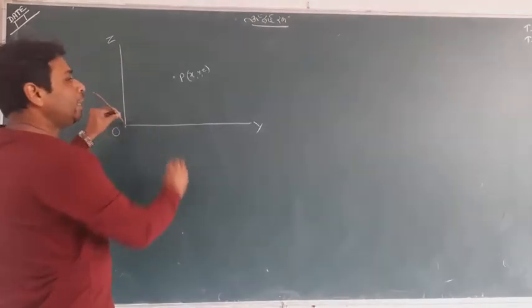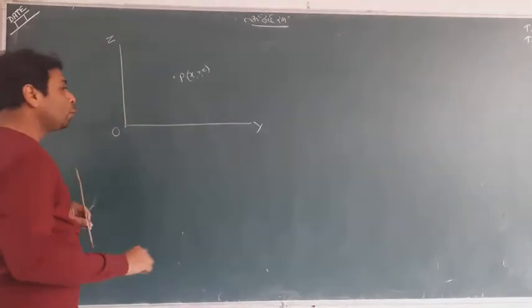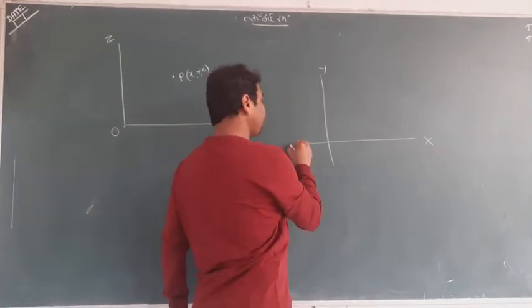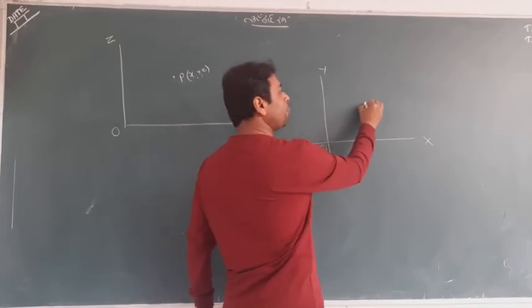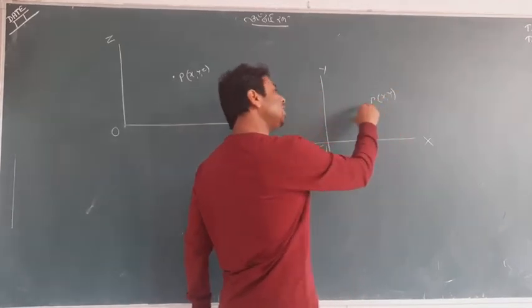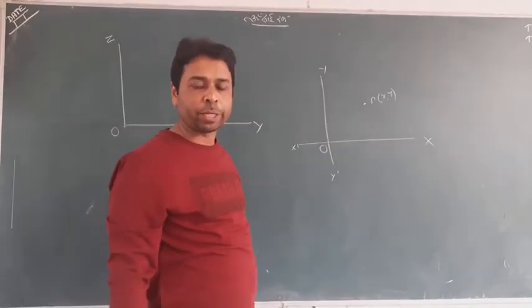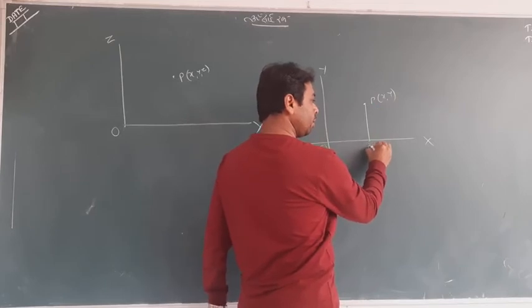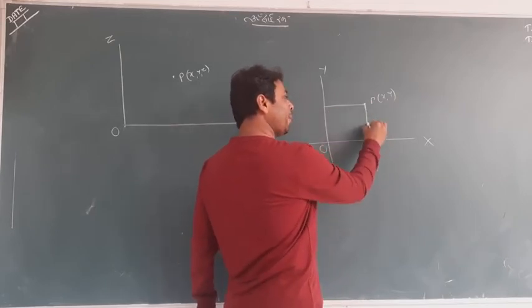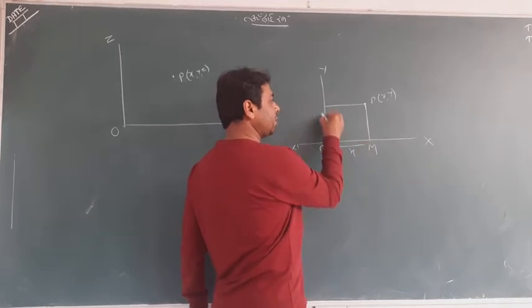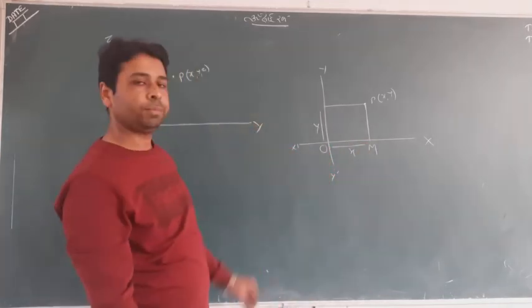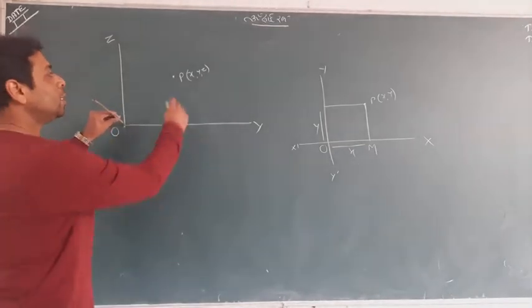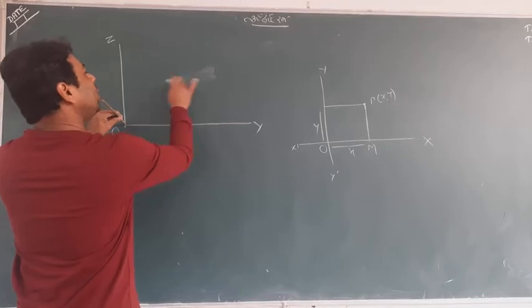Okay. Now let me say something. What I am going to do. Look here, students. In two-dimensional geometry, this is a point P(x, y), and this is actually on the plane because it is two-dimensional geometry. What we used to do, we draw the perpendiculars. When you draw the perpendicular on the x-axis, it is your x and it is your y. Same I will do here. Look, this is my x-axis. This is not P here, but P is actually here.